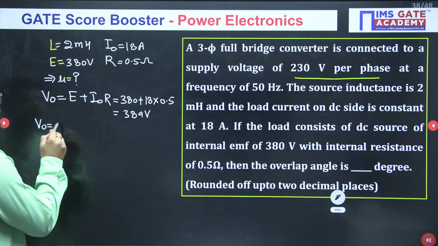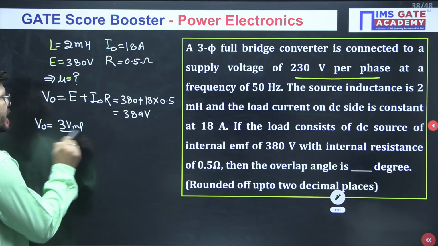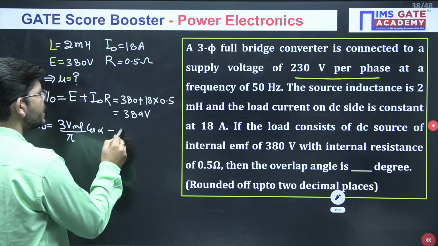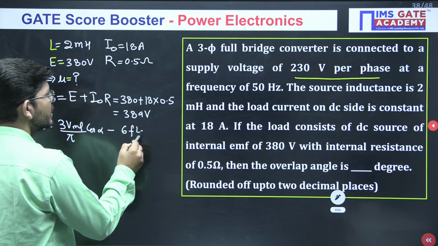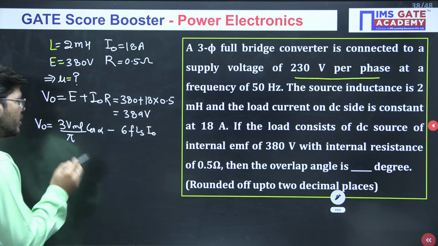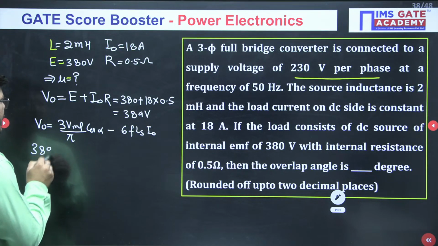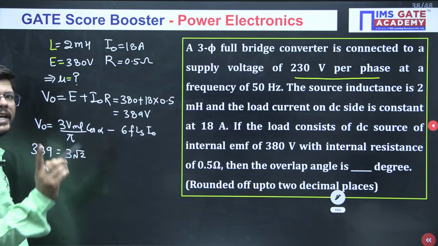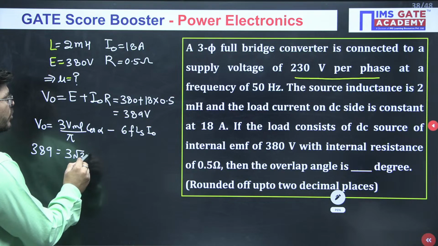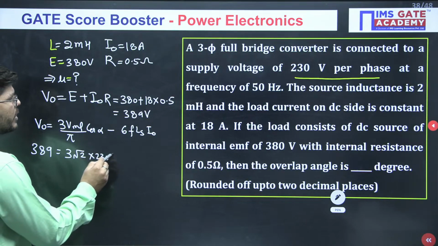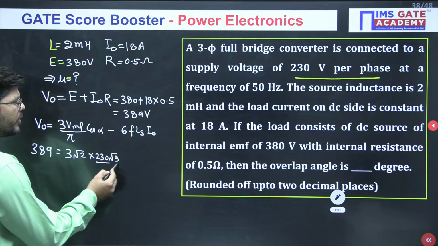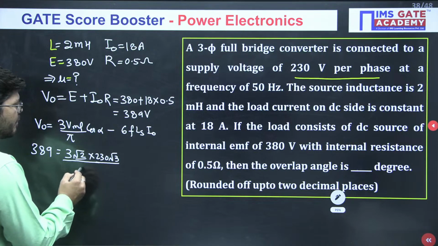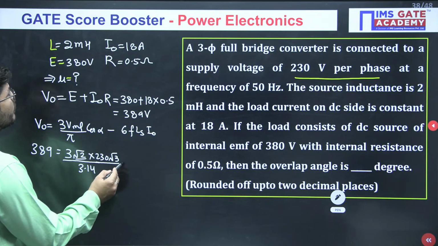Now how do we find the output voltage in terms of alpha? Output voltage will be the old output voltage, which is 3 VML upon pi cos alpha, minus the reduction factor, which is 6 FLS I naught. Now put the values here. You have this voltage as 389. For 3 VML, first of all you have to find the line voltage. Phase voltage is given as 230, so in order to find the line voltage, you have to multiply it by root 3. When you multiply with root 2, you will get the maximum value. Divided by pi, and cos of alpha